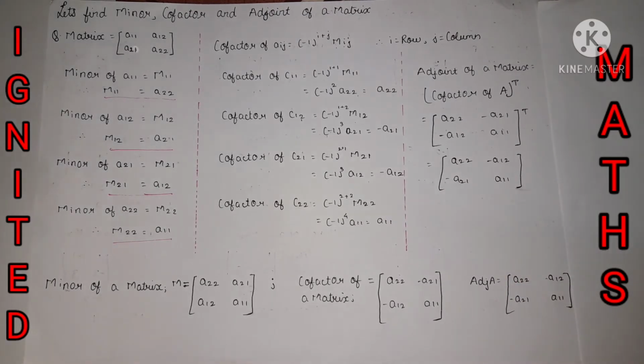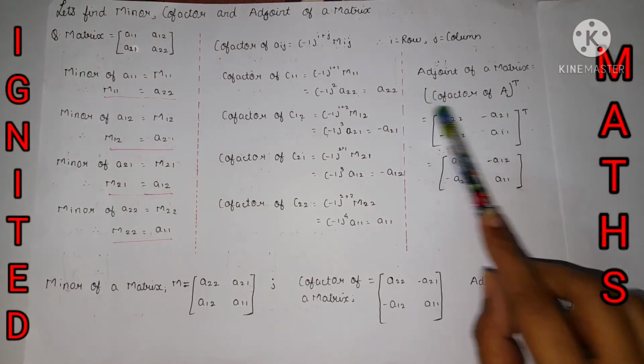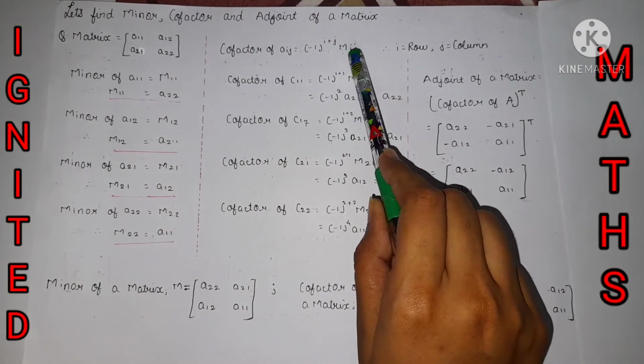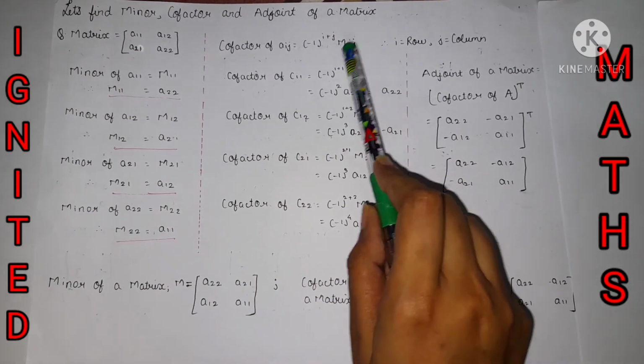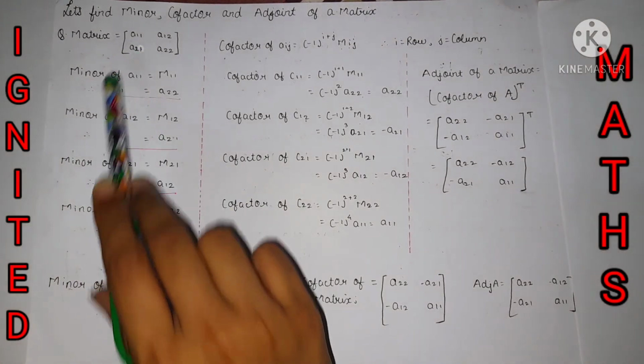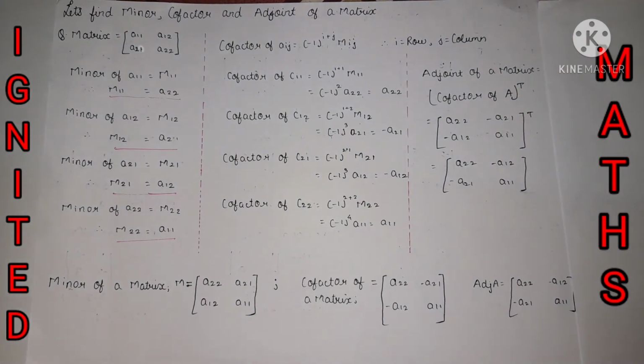So in short, for finding the adjoint of the matrix, we need the help of the cofactor of the matrix, but for finding the cofactor of a matrix, we need the minor elements. So in short, everything is completely related. Now we are going to do one more example related to it. The explanation is completely the same, but we have done it with the Aij terms, A11, A12. Now we are going to take numerical terms, and we will see it with the example.